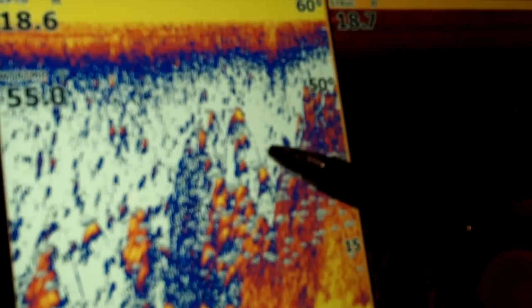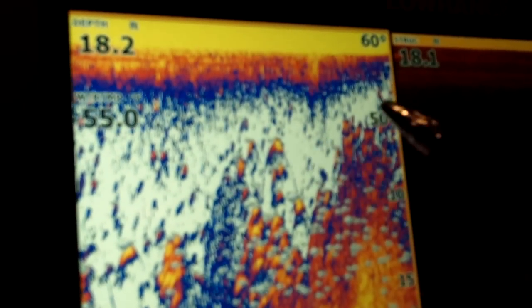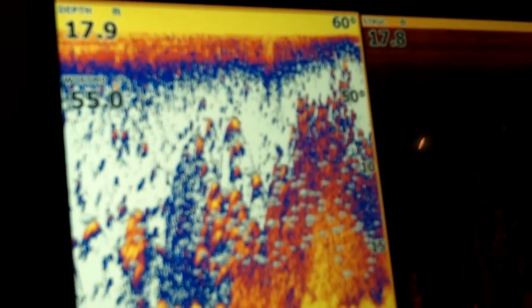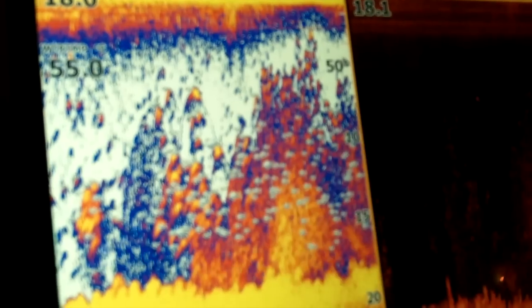Now tell me again what it was. The head and the tail. Basically, you're looking at these arches. Front of the fish, back of the fish, and the air bladder. So they don't know if the fish is this way or if the fish is this way. The position, yeah. To get a perfect arch, the fish has almost got to be sitting parallel. When you get a partial arch, because you may get just one side,